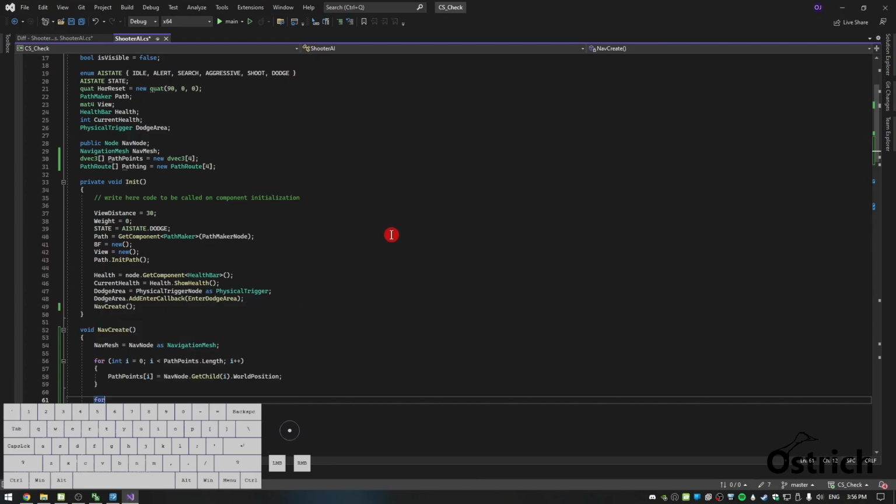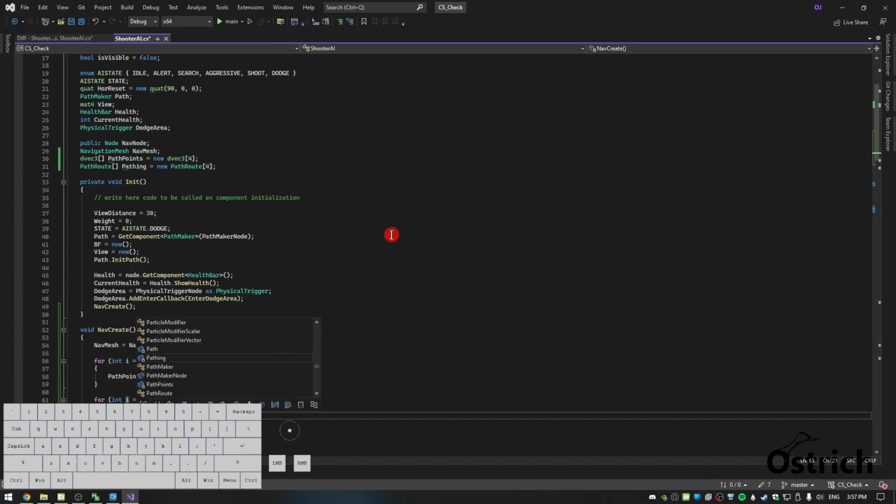So now we have all of that inside our object. Now let's make another for loop. This one is going to be pathing dot length, and for this, we're going to have it go from 0 to 1, 1 to 2, 2 to 3, and then 3 to 0. So that's pretty simple. We're just going to do pathing i equals to